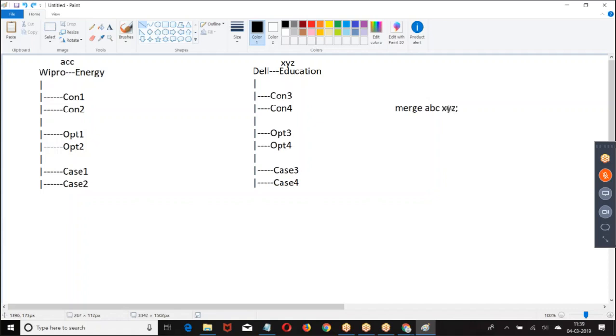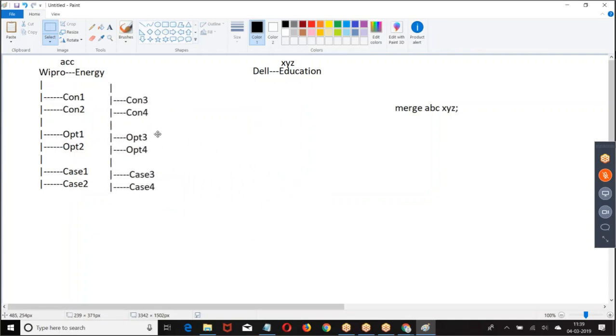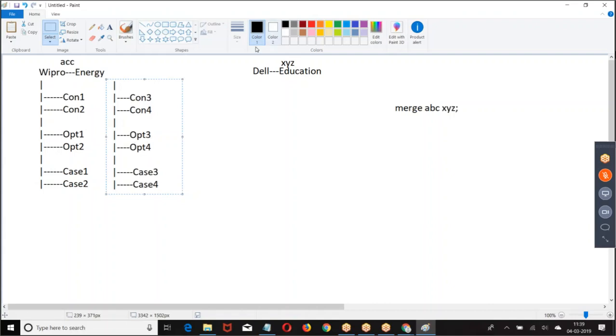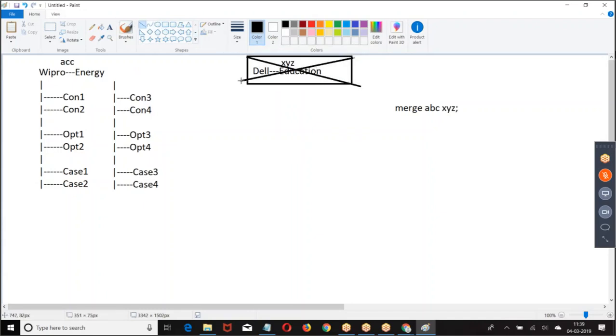When I say merge first record and second record, child records of the second one are reassigned to the first one, and the second one is deleted. Is that clear for everyone? Okay.